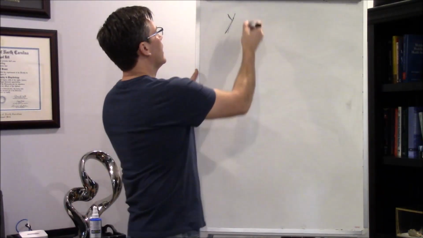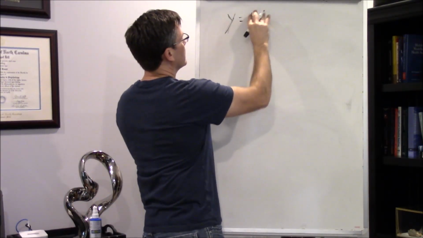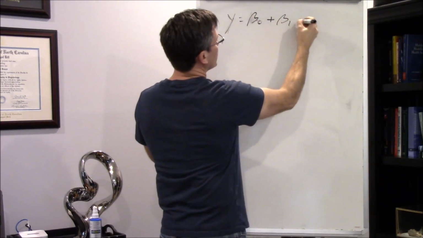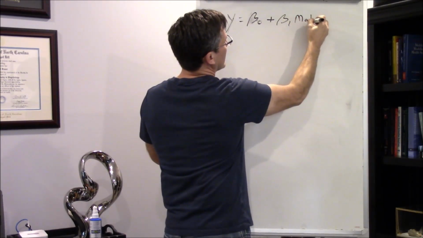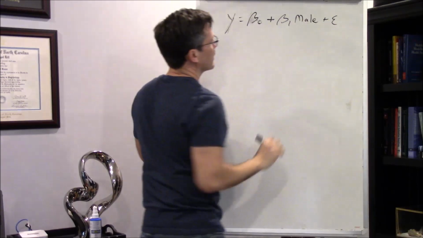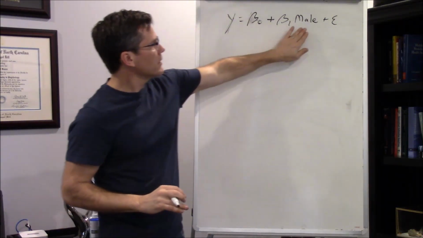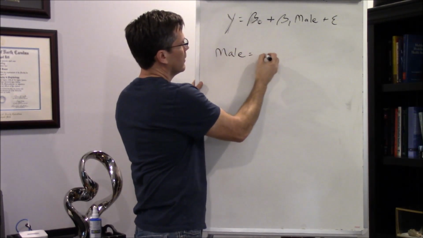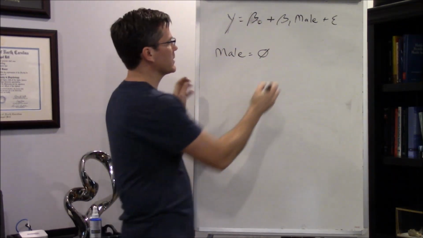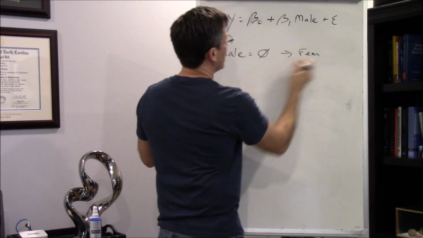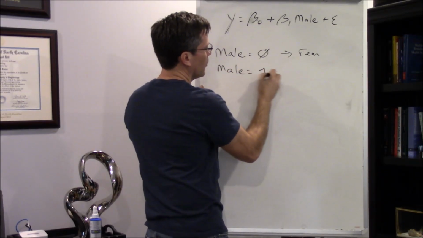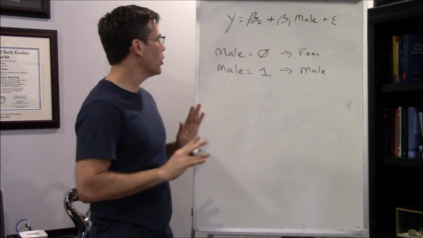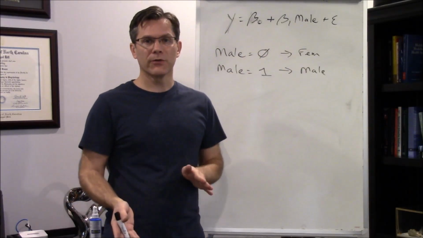of the individual. Now the way I'm going to write this regression model, I may not do b, but do beta, is we're going to have an intercept, and now we're going to have a slope associated with the sex of the adolescent. And the way I'm going to do this is I'm going to set this variable male. Male is going to be equal to 0 if the participant is female, and male is going to be set equal to 1 if the participant is male. All right? So in my data set, I have coded this variable male to be 0 for females and 1